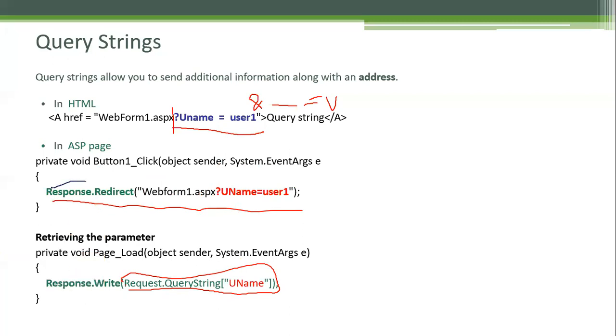If you observe here, from the client page we are using Response, and in the server page we are using Request. When you click on some button on a web page, it becomes an outgoing response to the server. We are sending the response back to the server, so that's why we use Response.Redirect.